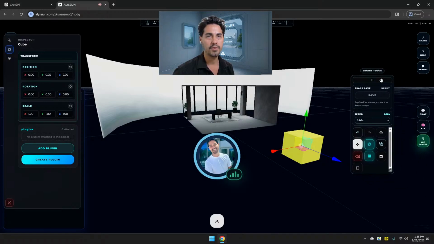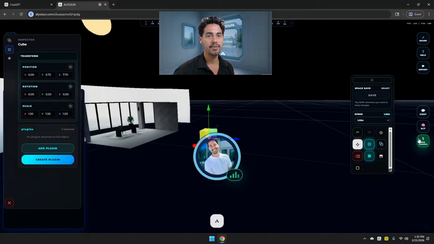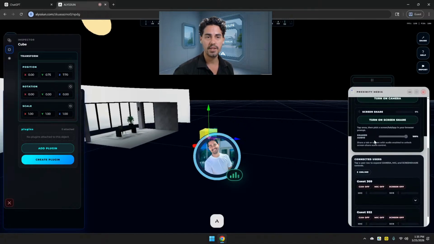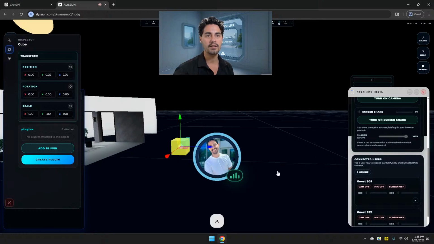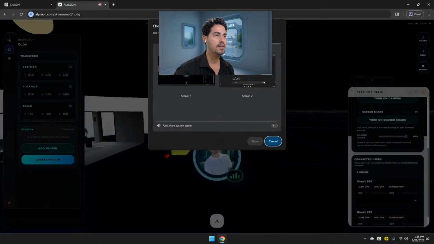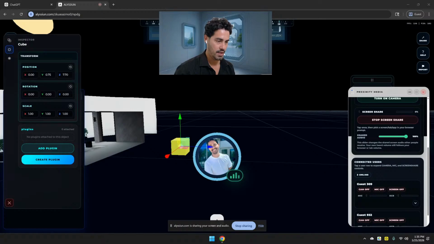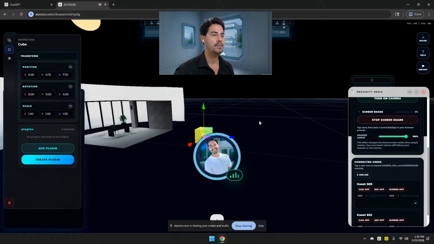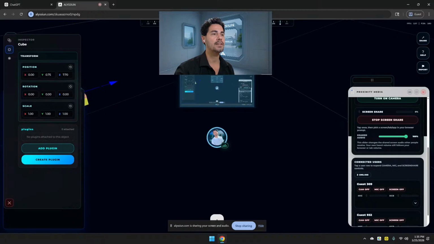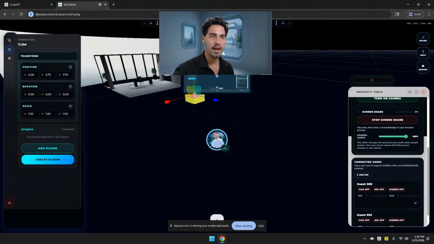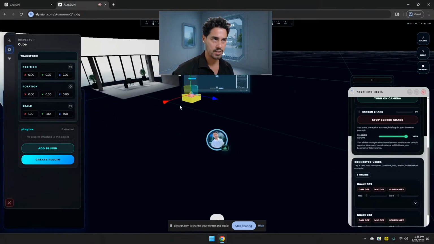You have audio proximity chat technology, the general global chat, video call, and audio call. Yeah, many different things. Screen sharing also. You can share the screen here, and everyone can see my screen, right? You can share with audio, which is really good. As you see, if I go far away, that's the screen. Anyone who is inside here is going to be able to see that screen, right?